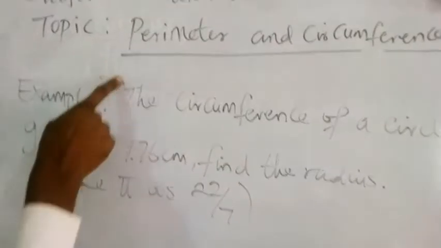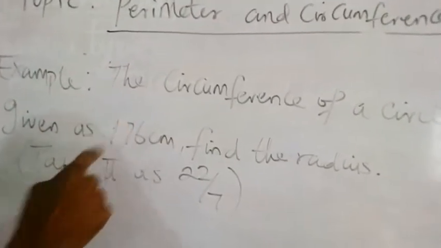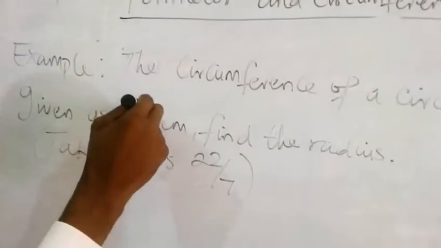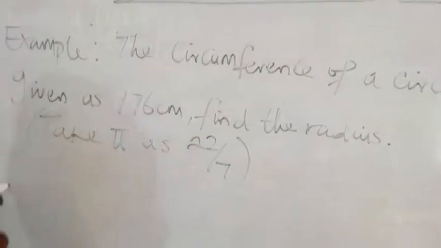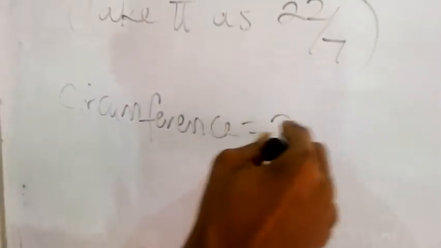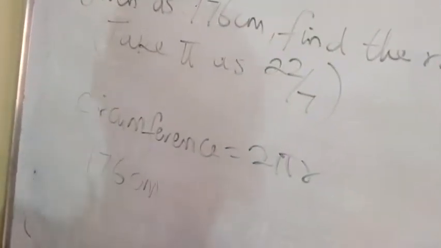The circumference of a circle is given as 176 centimeters. We have to find the radius. In this case, we are given the circumference, and to find the radius, we apply the same formula. Circumference is given as 2 pi r, and our circumference is 176 centimeters. 176